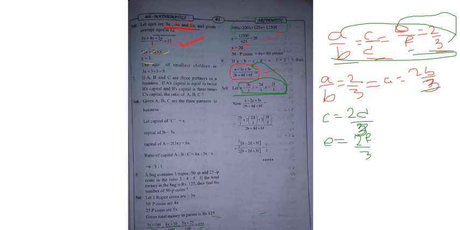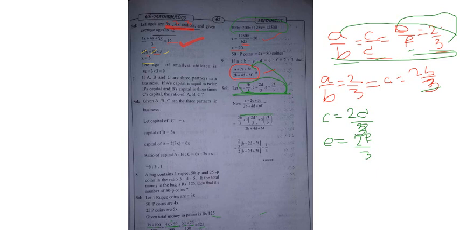Now I substituted all these values in the question. See, this is the question: (A plus 2C plus 3E) by (2B plus 4D plus 6F). Now the A value is 2B by 3. I wrote here: A value is 2B by 3, plus 2 into the C value, 2D by 3. Nothing friends, substitute all these values in the given question. Plus 3 into the E value, 2F by 3. Again below I wrote the same, 2B plus 4D plus 6F. If you observe in the numerator, 2 by 3 is common in the first term, in the second term, and in the third term also.